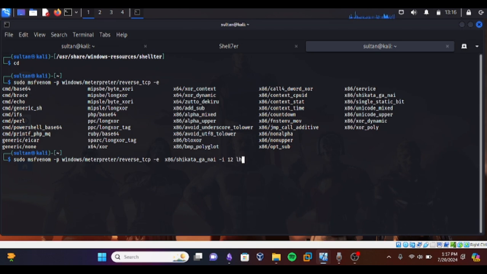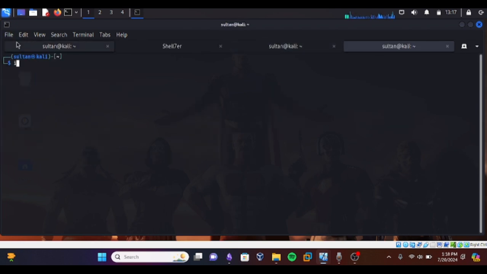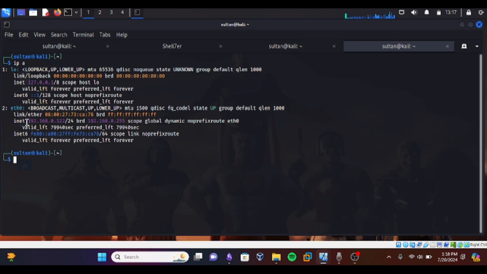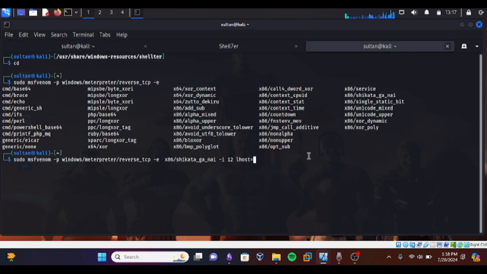I'll specify the listening host. You can check what our IP is, it's 192.168.122. Then the listening port, 3030, and output to windows.exe.